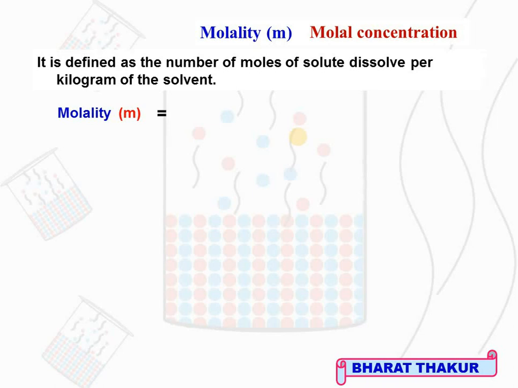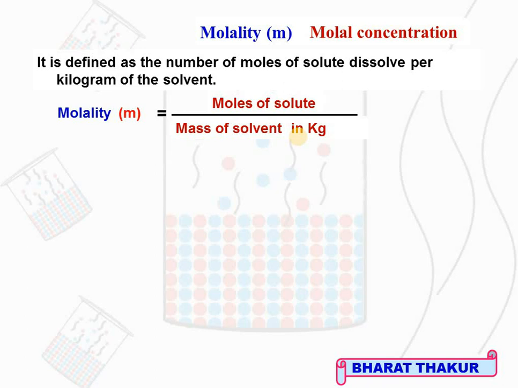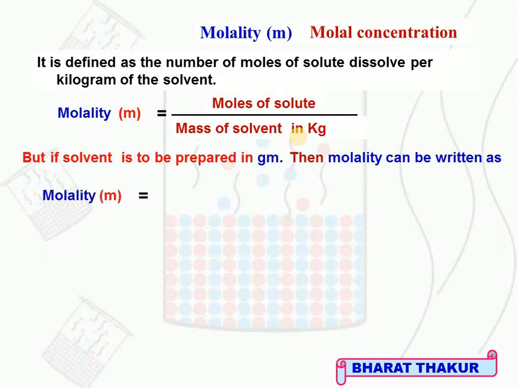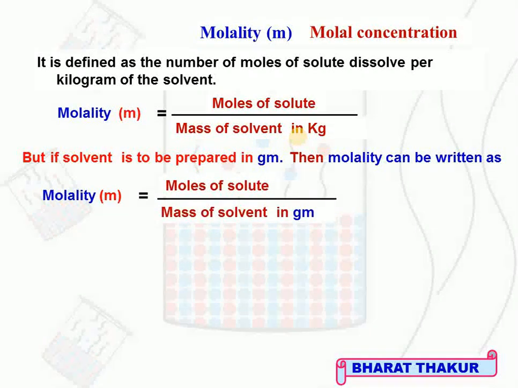Molality has the formula moles of solute divided by mass of solvent in kg. But if solvent is given in grams, then the molality can be written as moles of solute divided by mass of solvent in gram. So to convert mass into kg, we have to divide the mass given in gram by 1000, and that 1000 will go to the numerator, and the formula becomes moles of solute, NB, into 1000 divided